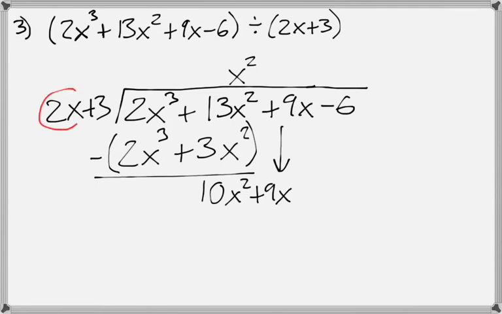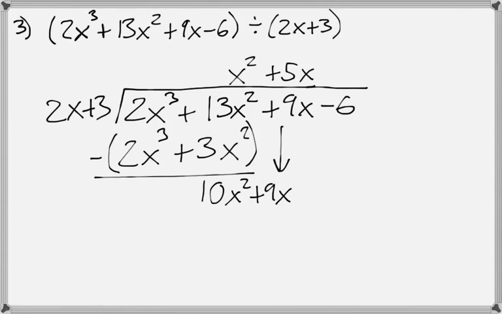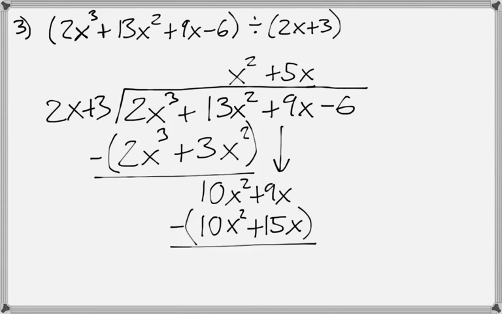So what do I need to multiply 2x by to get 10x squared? And that would be a 5x. So I'm putting a plus 5x here, and then I'm multiplying 5x by both of these. So that's going to give me 10x squared plus 15x, and I'm subtracting them. Again, these go away. These should always go away. And 9 minus 15 is going to give me negative 6x, and then I want to bring down the minus 6,